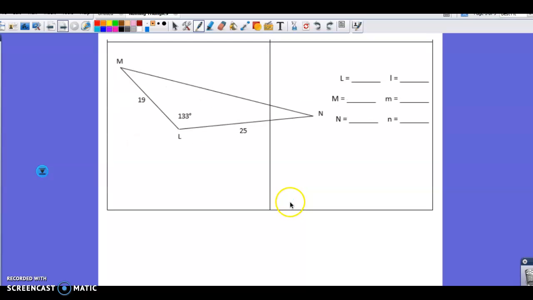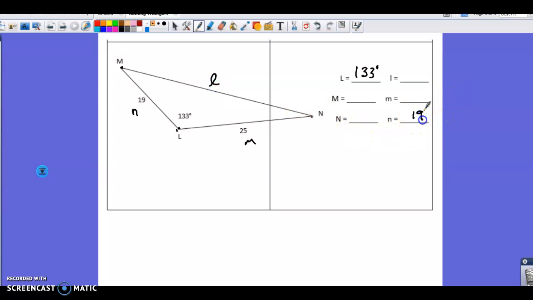All right, so in this one, L is 133. That is an obtuse triangle. Between M and L must be side N. Between L and N must be side M. So the longest side over there,